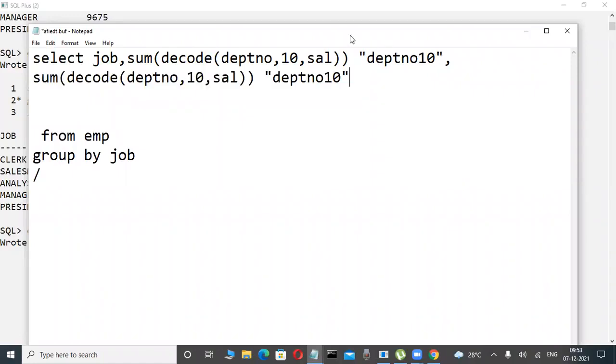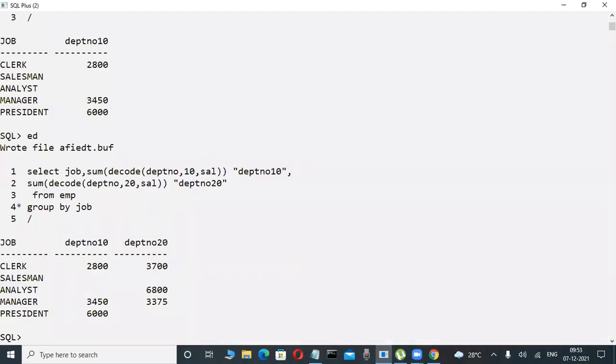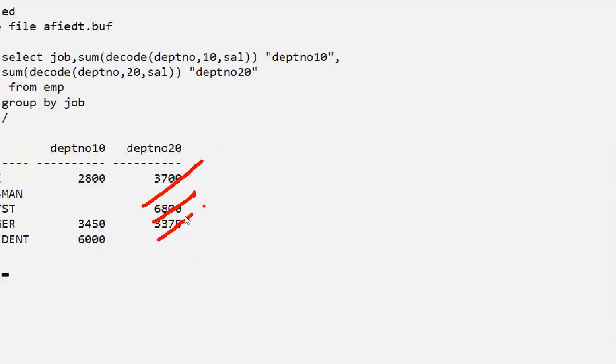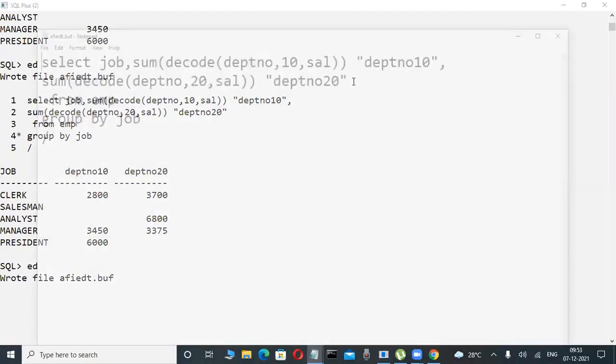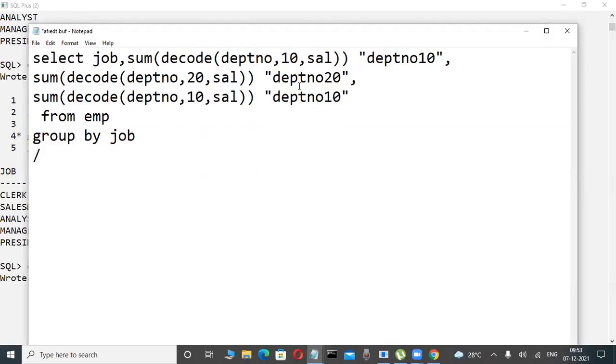Now check it out. If department number is equal to 20, then the 20th department salary, the sum of salary only. That is nothing but the 20th department sum of salary. Now check it out. Automatically the 20th department sum of salary. The server takes care of that report. But how it is working, that is important. Again the 30th department also I want to generate. If department number is equal to 30. For a first-time newcomer it is a big concept, but for an experienced person it is nothing.